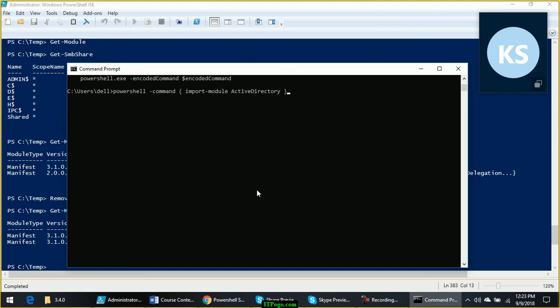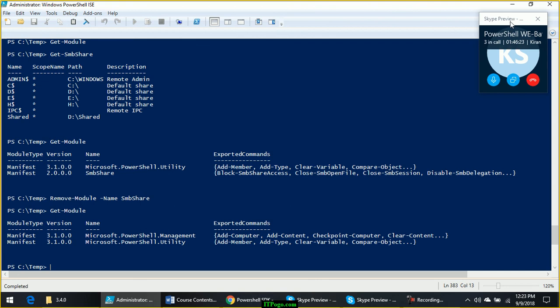You will find the shortcut of Active Directory PowerShell from the start menu is actually running this import module Active Directory. So what will happen when PowerShell starts? The Active Directory module will be already loaded into the memory. That is the only difference. Otherwise, there is no difference between the Active Directory PowerShell, Exchange PowerShell, or anything like that. Those shortcuts are just loading certain modules or running some commands before loading.